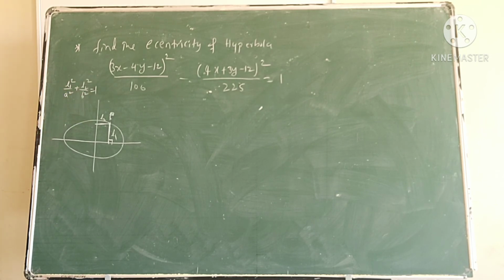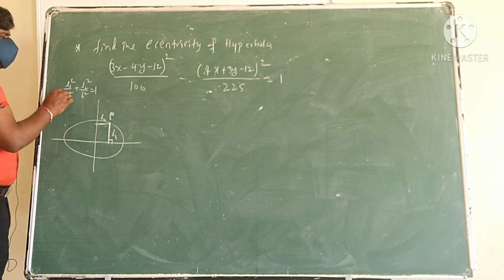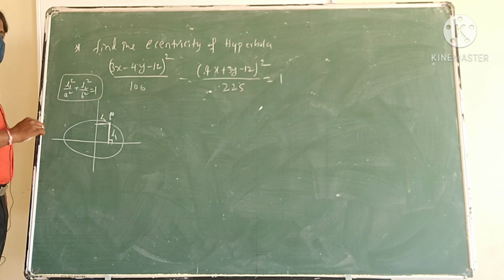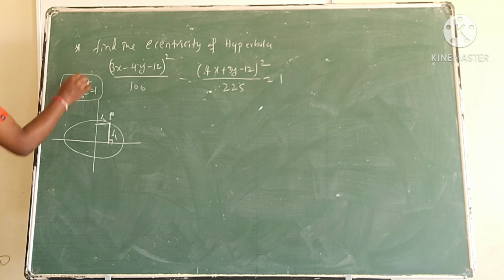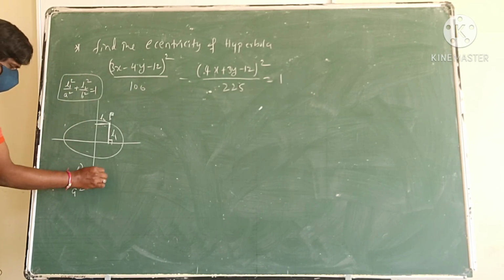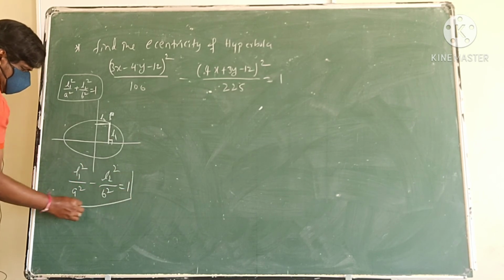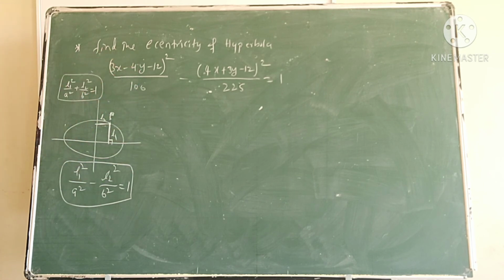Perpendicular distances from a point on this is a difficult level. This is not there in JEE level, but they asked one question previously. In the same way here also you get the perpendicular distance, L1 square by a square minus L2 square by b square is equal to 1, in this form. About this I will give you one question, and I will take an extra lecture if you wish. L1 is nothing but the perpendicular drop from a point.